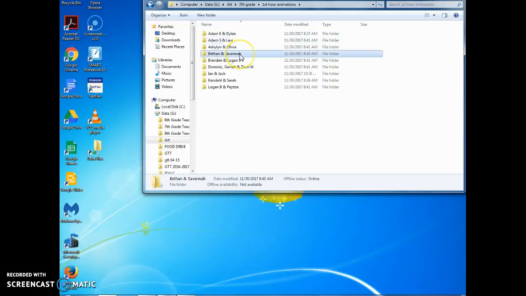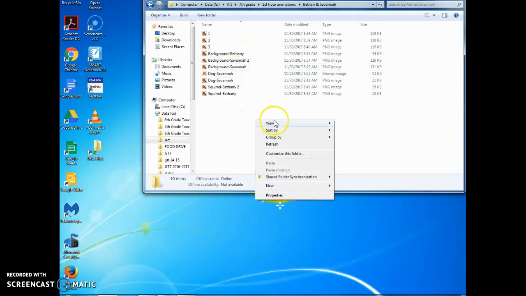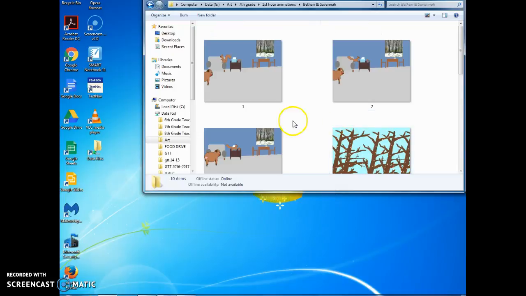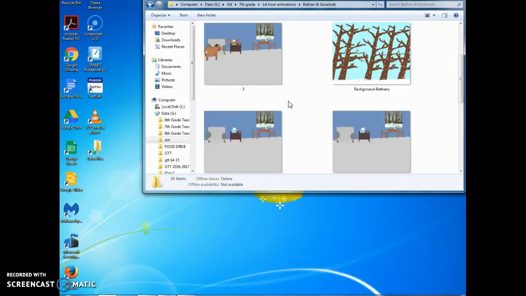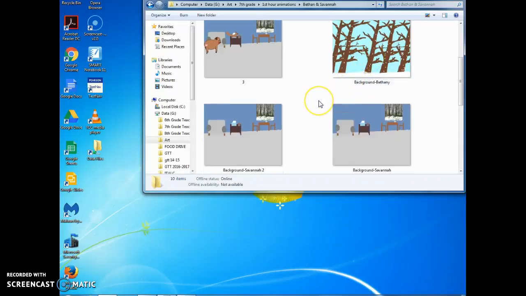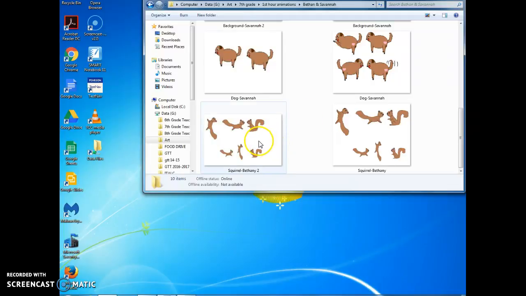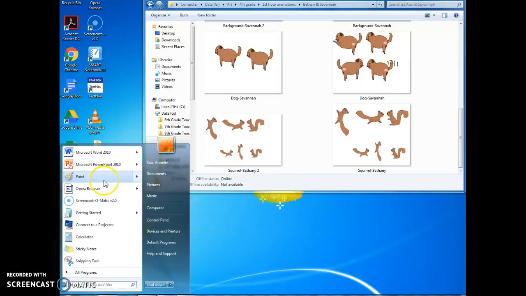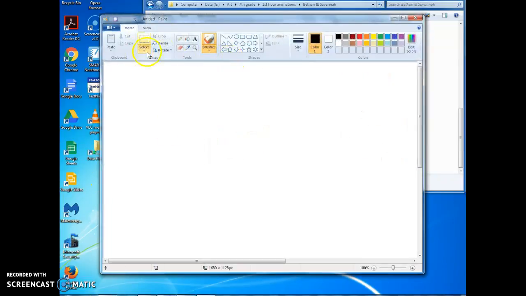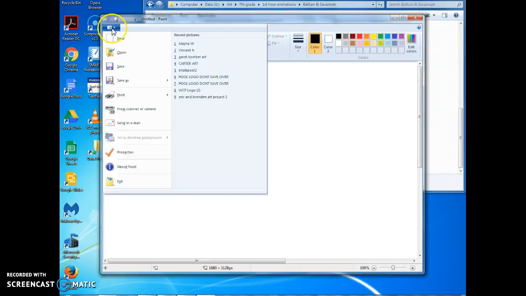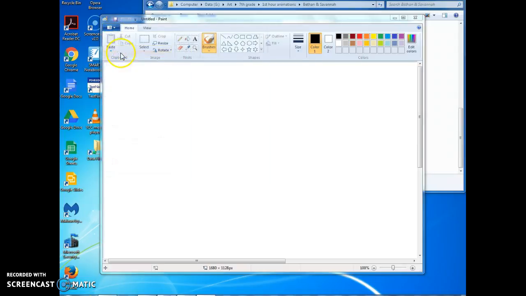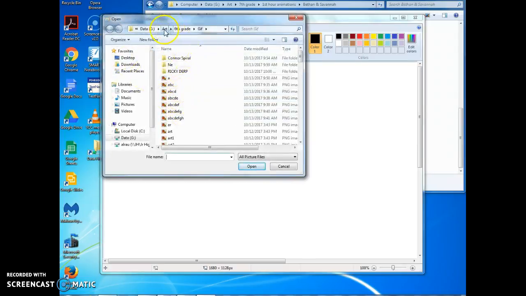Here, I'm going to go ahead and do Bethany and Savannah. I'm going to view your pictures to see what's going on. So far we have a squirrel and a dog, and it looks like we have a background. I'm going to take the squirrel, and so when you have your programs, just so you know, you can take multiple programs and have them open at the same time. So I'm going to go ahead and say open, and in here,